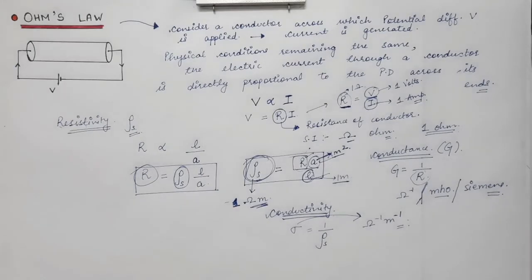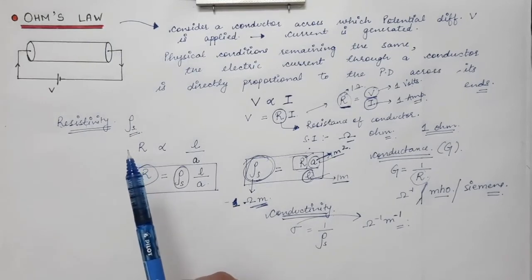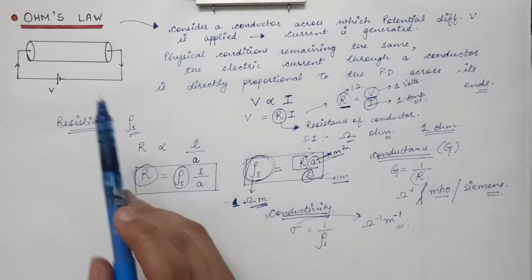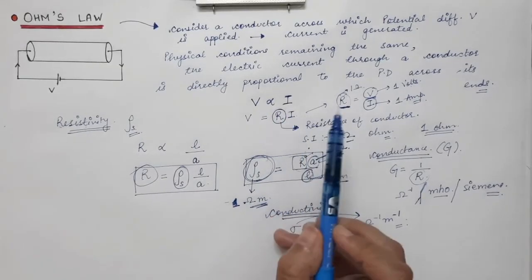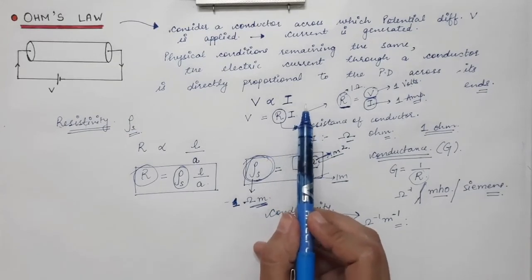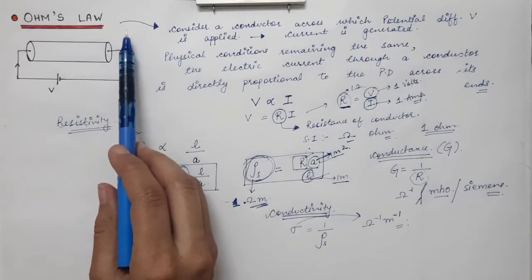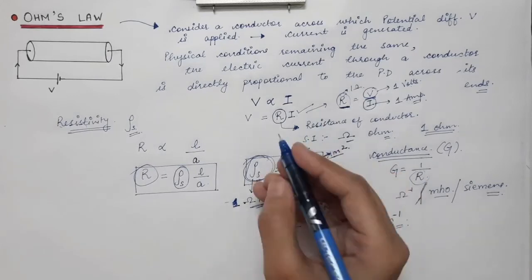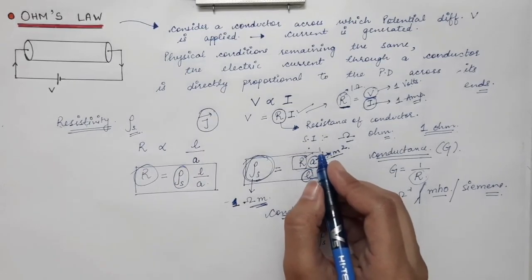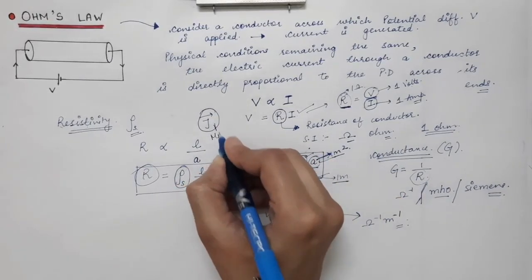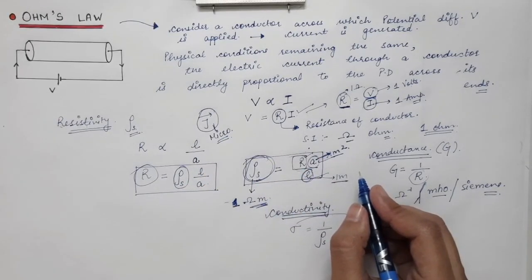In the next lecture we will discuss the microscopic form of Ohm's law. Here we have just done the general Ohm's law that we usually study. So in this case we have V is equal to IR. So I is the electric current and it is a macroscopic quantity. In the next lecture we are going to see the microscopic form of Ohm's law. So in that case, instead of capital I, we will be talking about J vector. And what is J vector? It is the electric current density, and this is a microscopic quantity. So we will see the derivation of the microscopic form of Ohm's law.